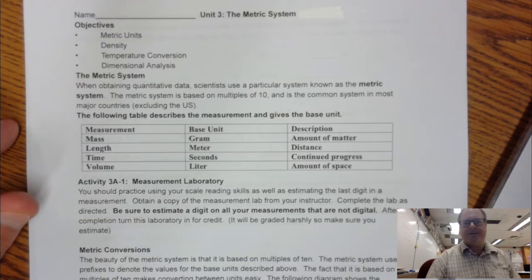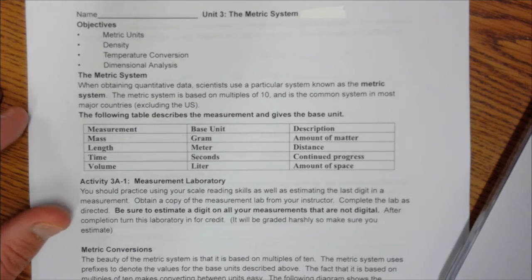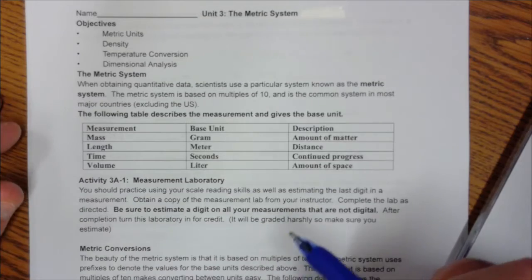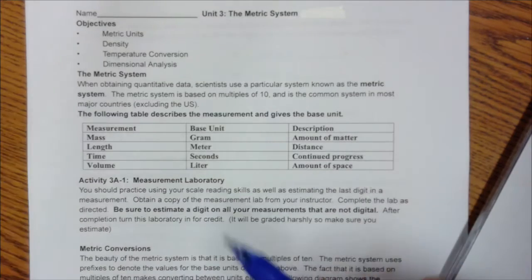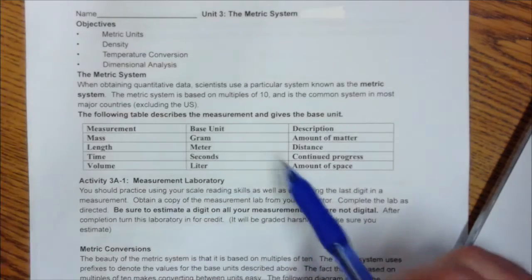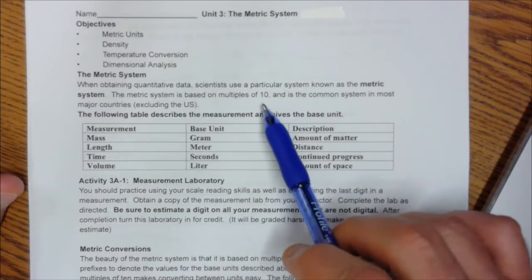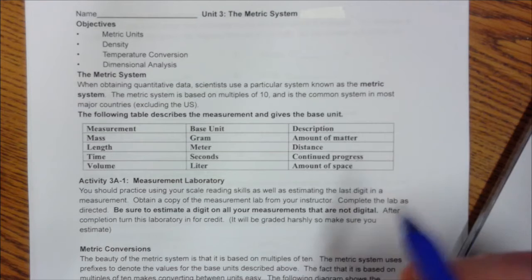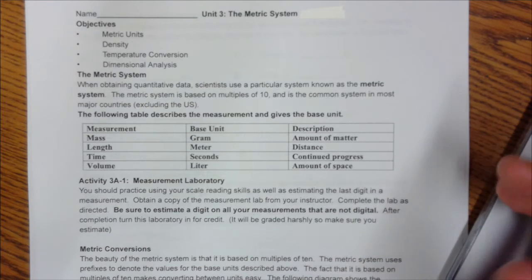So we're going to take a look at the metric system first today. Again, if you did not enjoy the PowerPoint version, if you like this better, that's fine. But basically the metric system is based on multiples of 10. The United States uses the imperial system in its major measurements, but it does use the metric system whenever dealing